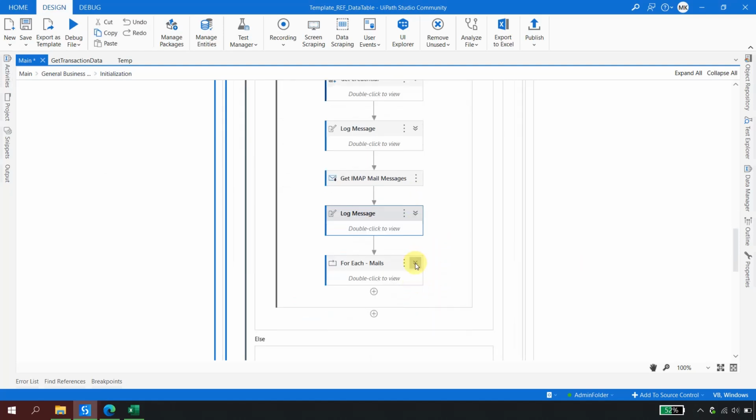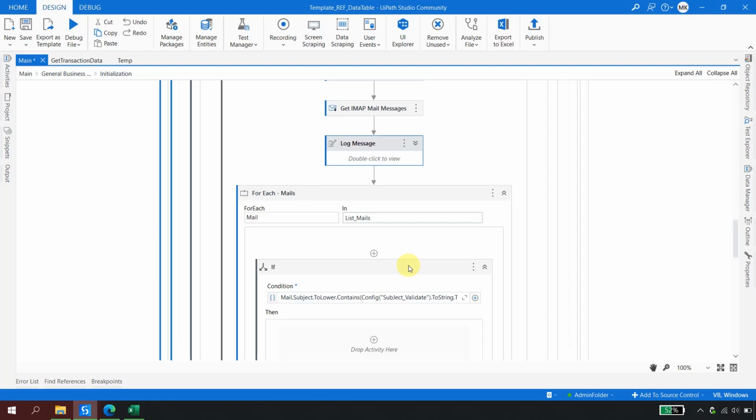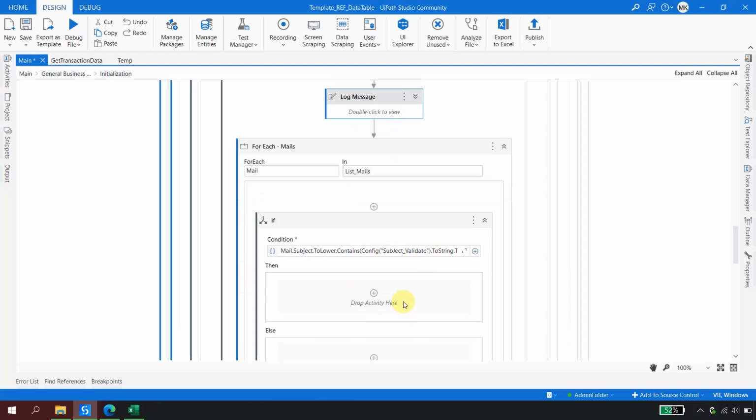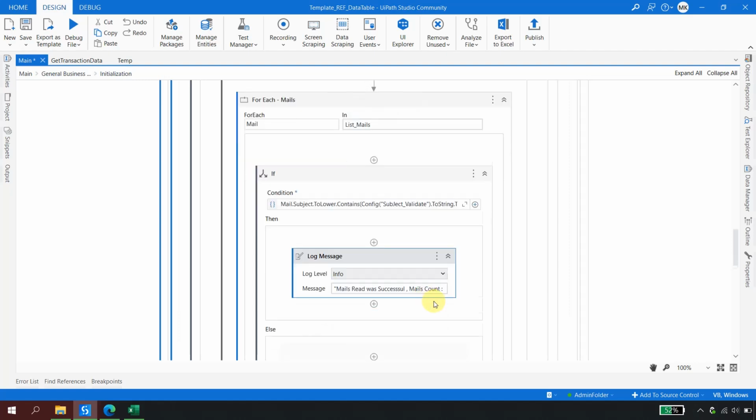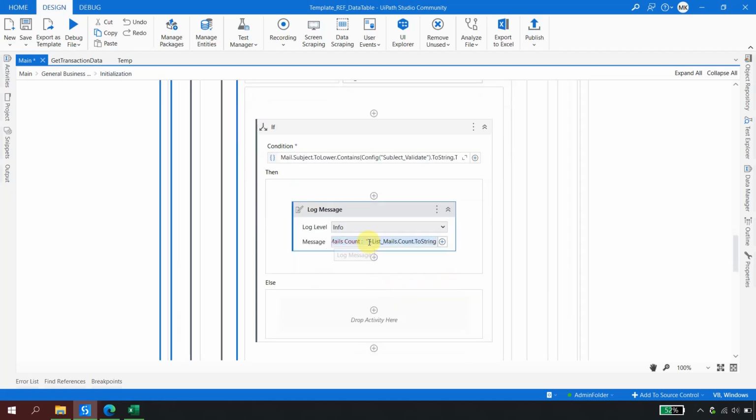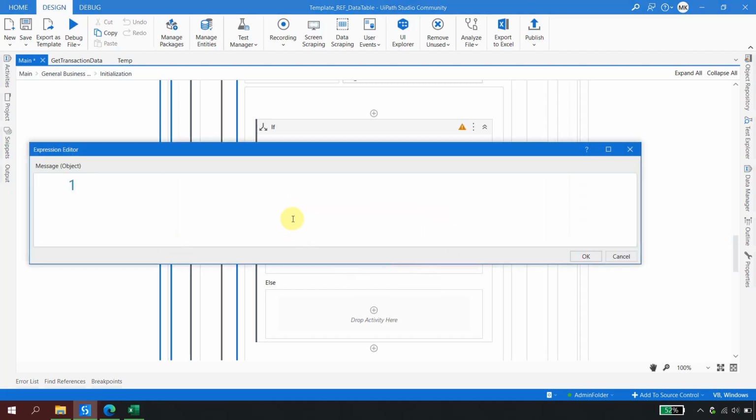Now in the for each, we are iterating all the emails one by one. If the condition is successful, I'll write here a log message, and in here let's write a condition: what do you want to print as a message when the condition is satisfied, right? So I would say here, input condition satisfied,